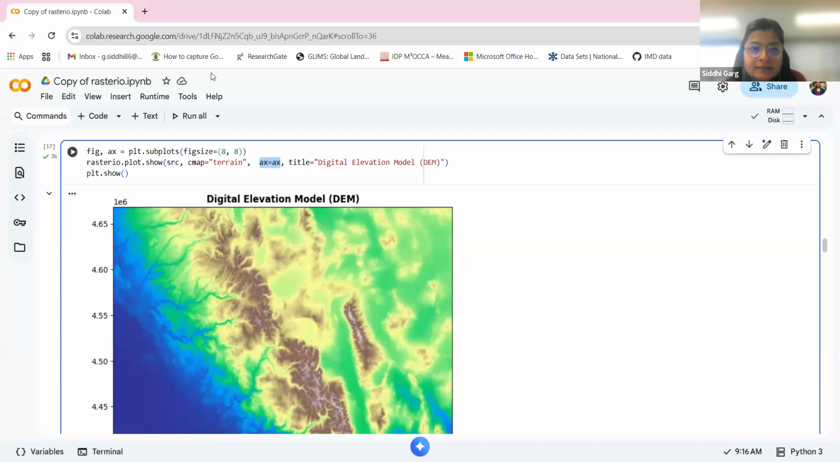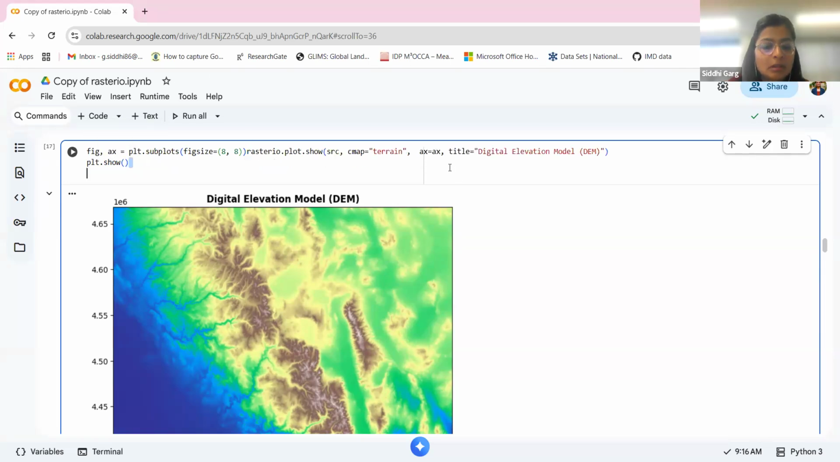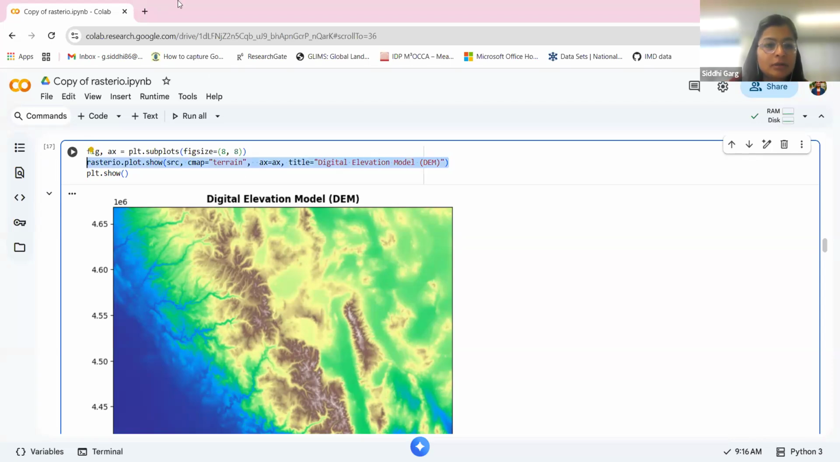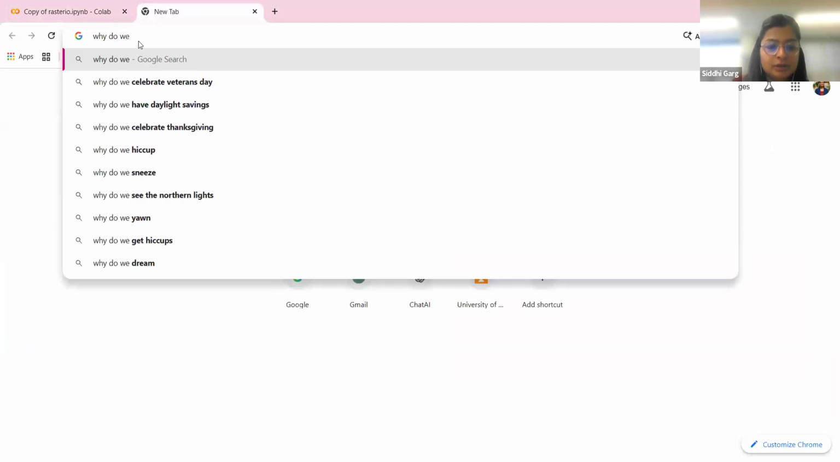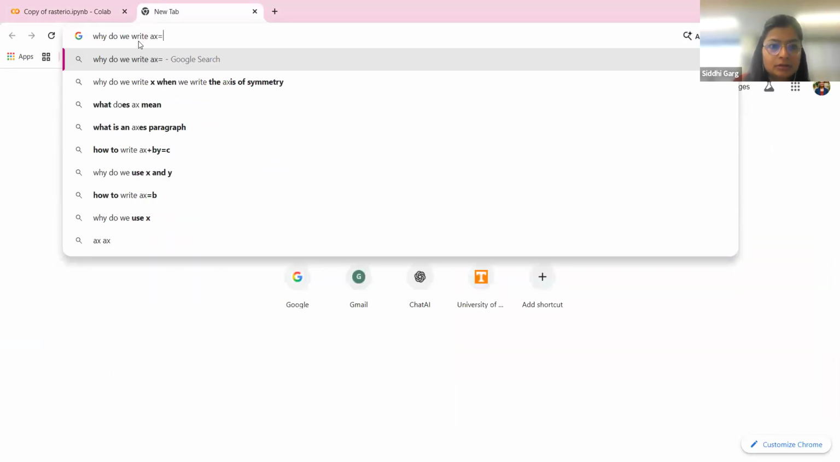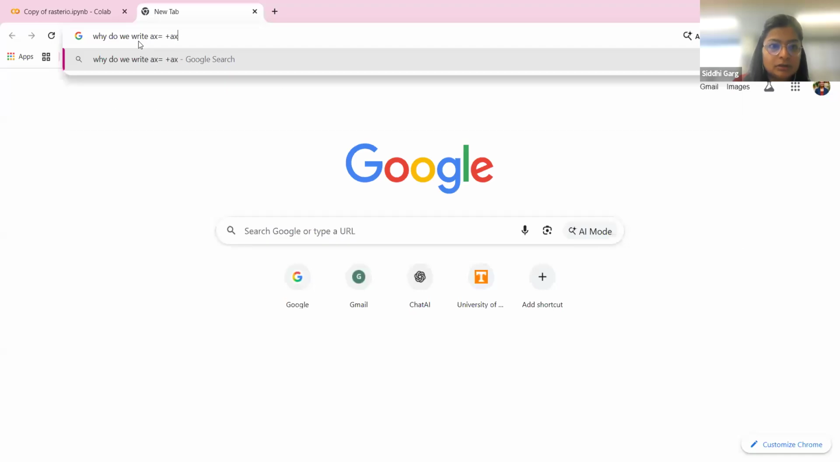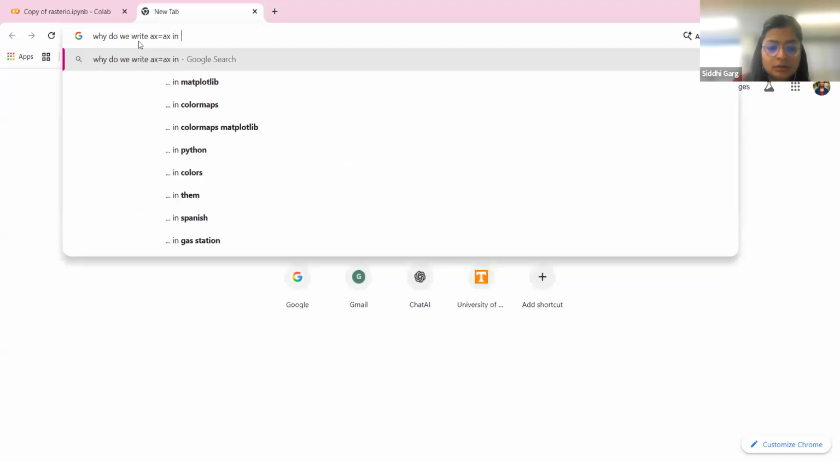Why we write ax equal to ax. We can also check it if you want, or maybe Google it. I'm sorry. Why do we write ax equal to ax in